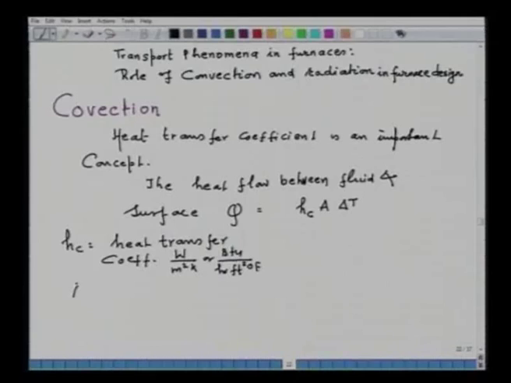A is the area, either in meter square or in feet square, and